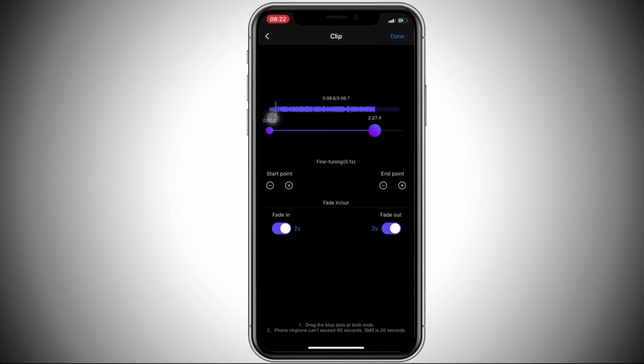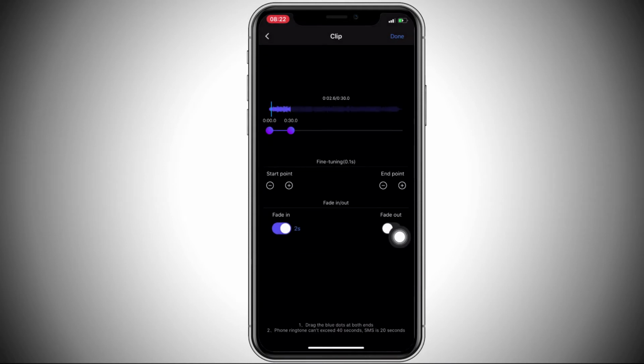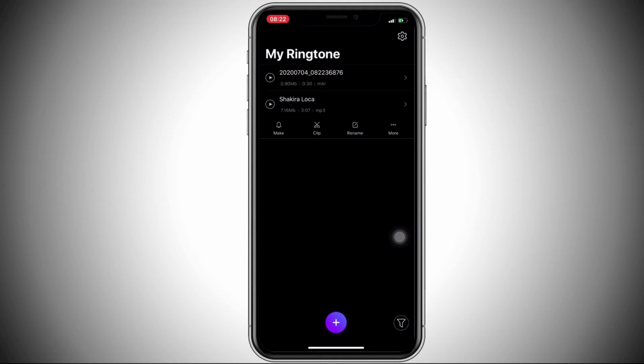It should be at least 25 seconds, and turn on fade out and fade in for 2 seconds. Now you have a new file that is going to be your ringtone.